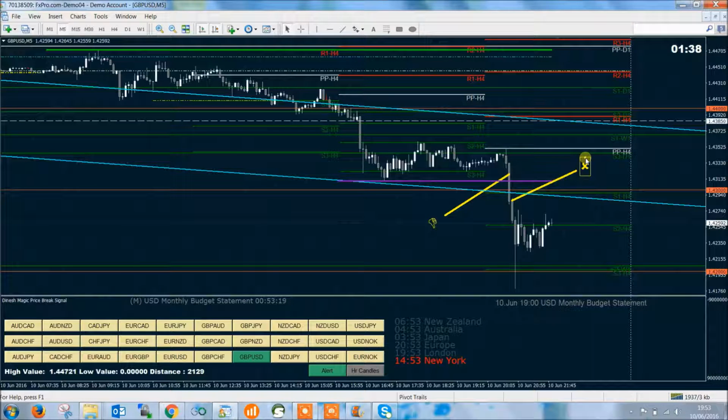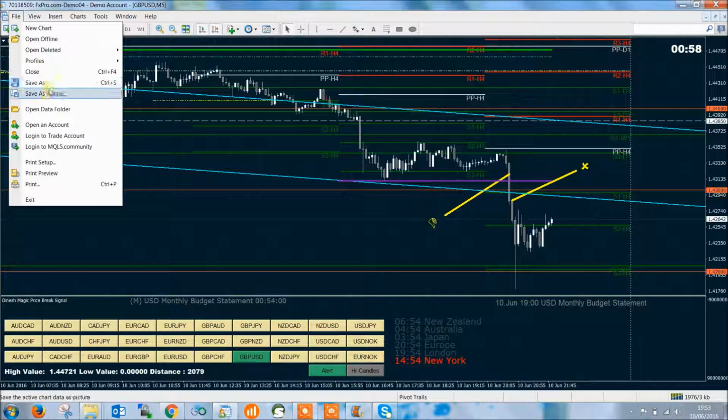See, how many times in the past did we get a chance to really predict the market this nicely? Hardly 3 times in 10 times. So if you predict 10 times, you must have predicted it correctly only 3 times. But I am guaranteeing you, if you follow the price break signal strategy on its own and watch the market, I am confident that you will be able to predict the market correctly 80% of the time. Believe me, it is possible, and people are doing it. Let me show you. So okay, we mark the charts here, and then we go here and say save as picture.